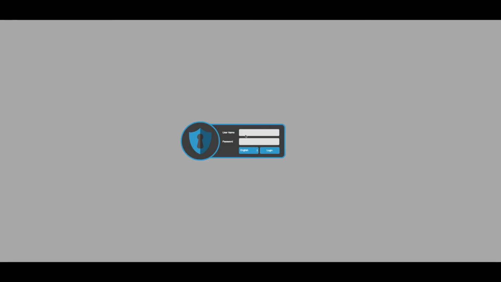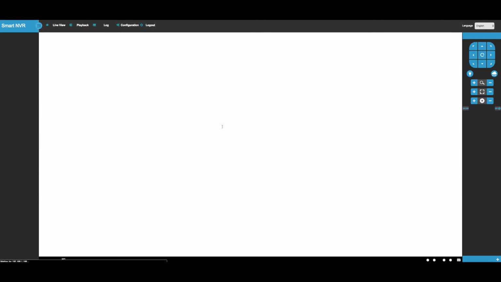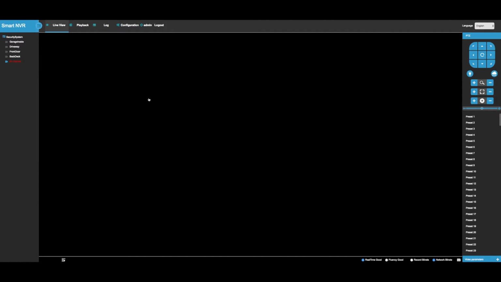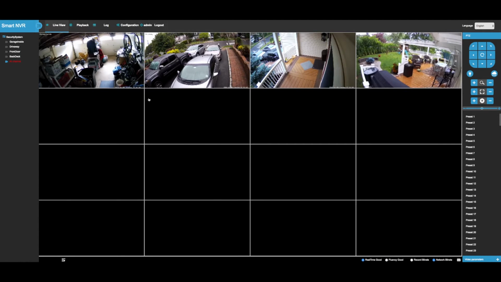Okay, so I'm going to quickly show the actual web interface that you can go to on any computer: go into their web browser, navigate to the IP address of your DVR, and you'll have access to exactly everything that you saw originally on the local console. If I can type my password in right, and it would work. So in this console, you can actually go and configure everything that I was showing you before